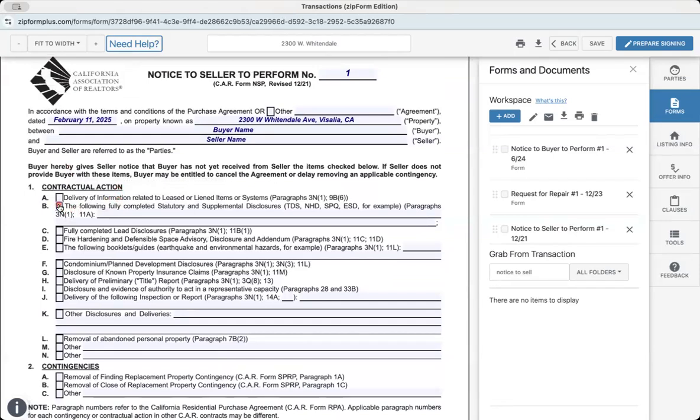So what else does the seller have to do? The lead disclosure, it kind of just points that one out. The fire hardening, the booklets, those are actually included within the Natural Hazard Disclosure Report, the NHD. Most companies include those pamphlets and guides, like the earthquake, environmental hazards, like asbestos and everything else. The condo disclosures, the insurance claims that they might have had in the past, the preliminary title report,